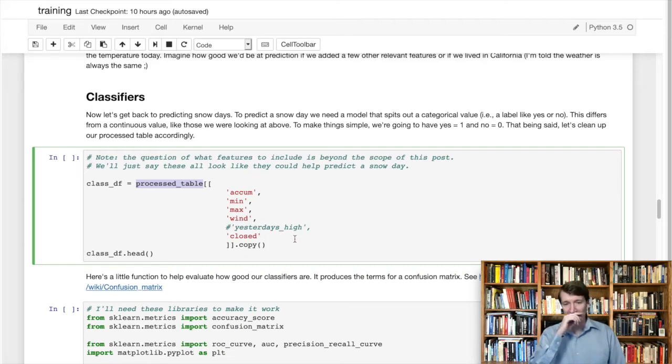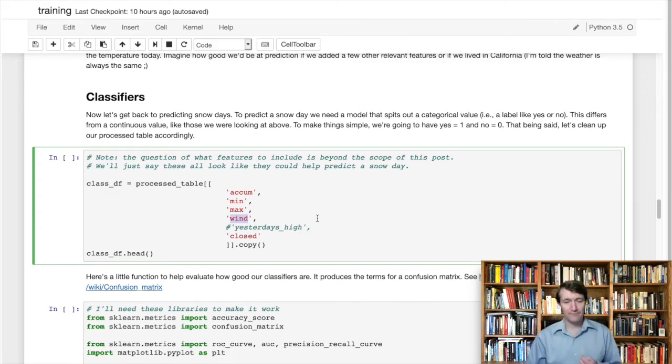And that's because I think maybe these other things are going to be useful for our actual determination of whether or not school is closed. So now we're not going to use it. We're not trying to predict today's temperature based upon yesterday's temperature or tomorrow's temperature based upon today's temperature, however you want to think about it. We're now going to get back to our original goal, which was predicting whether or not school was closed based upon these features here, namely the precipitation, the accumulation, the minimum temperature, the maximum temperature, and the maximum wind gust